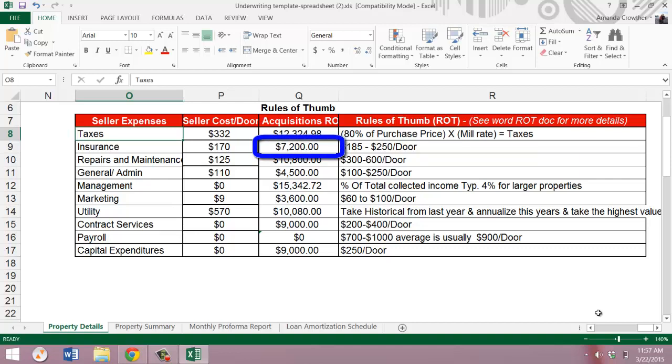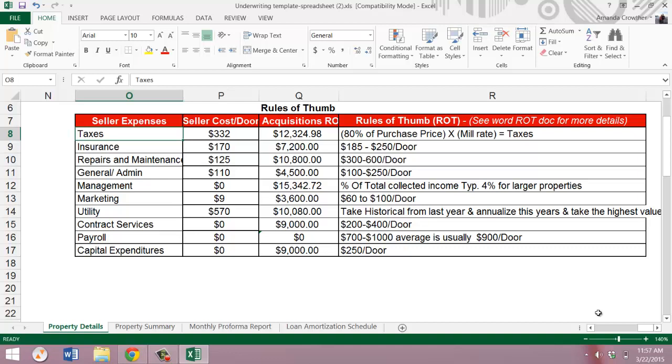Since the play on this complex is to renovate all the units, we'll try and keep our repairs and maintenance budget to a bare minimum till the construction begins. Once it's completed, theoretically, everything should be newer and require less maintenance, so I'll keep it to our $300 per